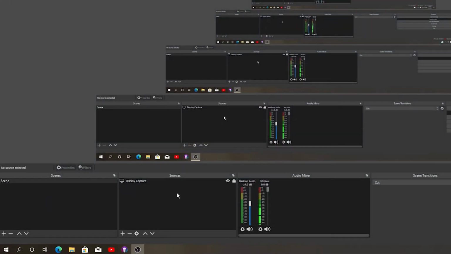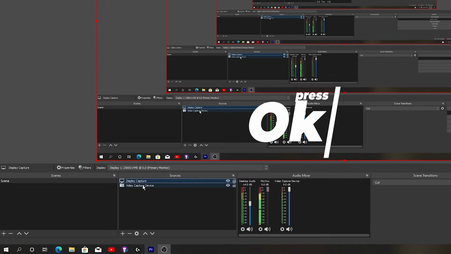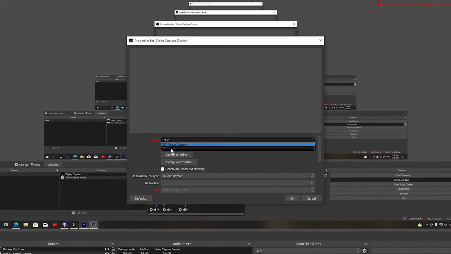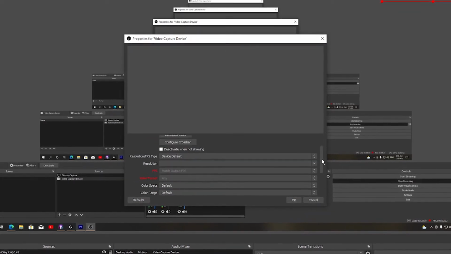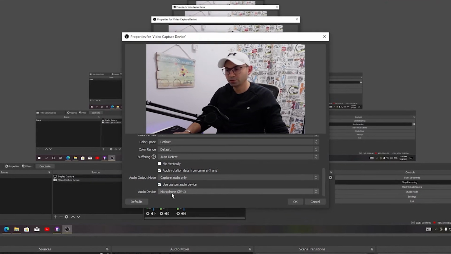Let's go to the application, add, and then I would like to add my camera, so I will stream from my camera to one clip and the other one is the desktop to another clip, so we have two clips. Video capture, and then double click it, and then from here you're going to choose. If you have a capture card, you will choose the capture card. If you have a camera that is in streaming mode, of course you have to fix the setting on the camera to streaming mode, then you will choose it, and then everything is the same except here, use custom audio device. I just use the microphone of the camera.